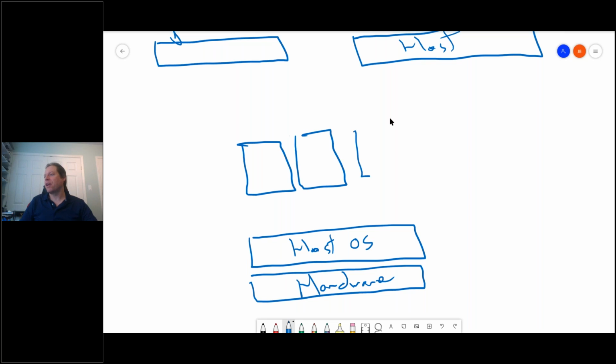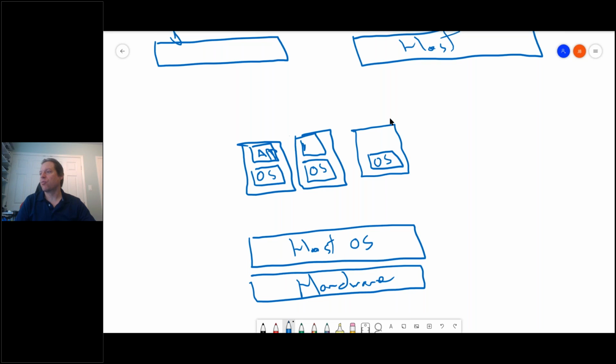But here's the part that I really want to get into when it comes to those VMs. Those virtual machines also run their own operating systems, Windows, Linux, whatever you want to run over here. It's not important. And on top of those operating systems, you need to run the user space. In the Unix world, you would call it the user space. In the Windows world, it would be the user environment. And finally, on top of that, you would want to run whatever application you need to run on top of